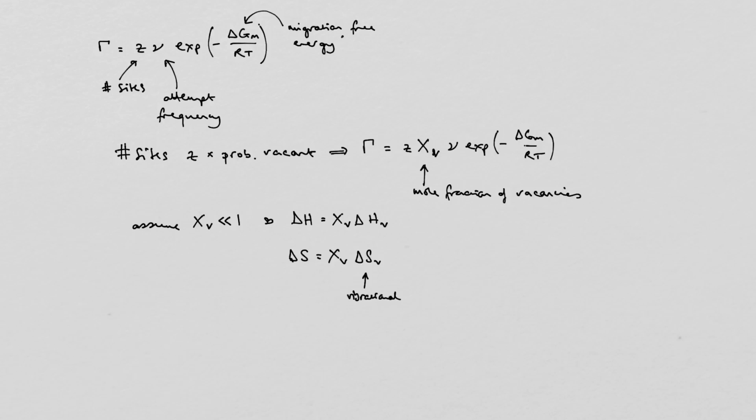Clearly if I go and remove an atom, that does something to the vibrational modes of the crystal. That has an impact on the entropy. But again, we're going to assume we're just taking isolated vacancies and looking at their contribution there. But there's also a configurational change,